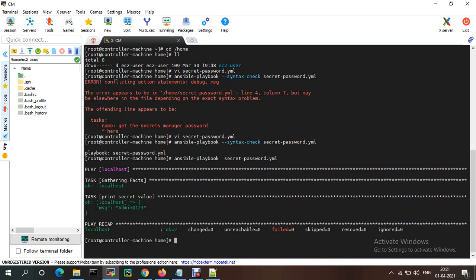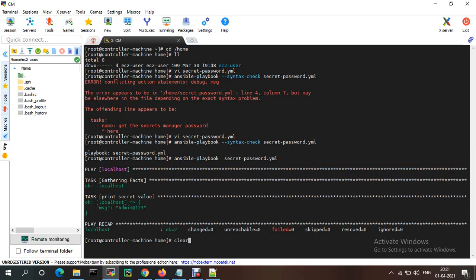Instead of keeping usernames and passwords in the playbooks, we just use AWS Secrets Manager. From that, using the lookup module, we access the passwords. It's not good to hard code the usernames and passwords in the playbooks, right? So like this we can get that. This is AWS Secrets Manager. There is HashiCorp Vault, so using that also we can access it. I will show you how to do that in the next session.